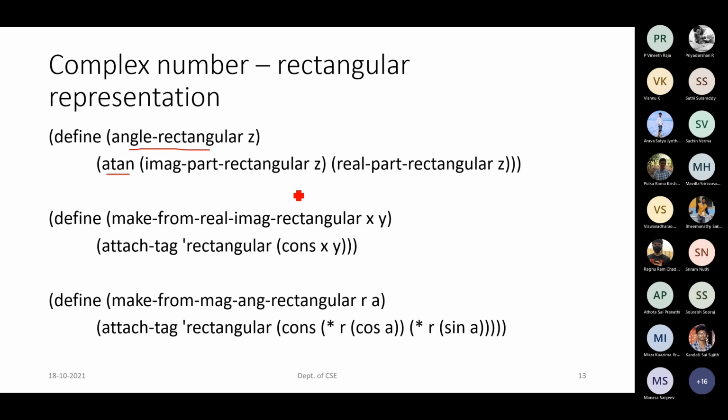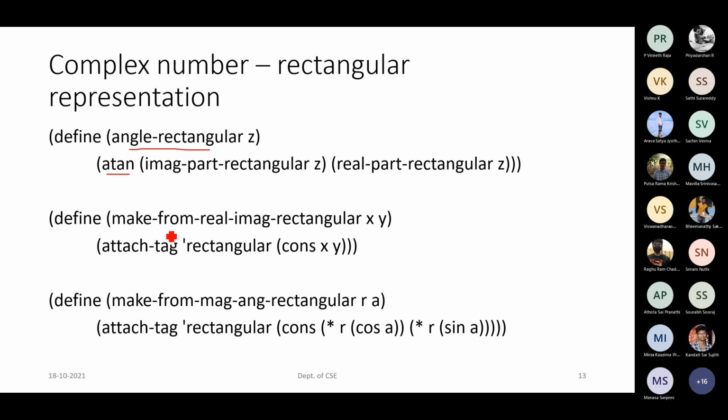Once this is done, we have to construct it back. Our assumption is that the complex number which we have represented was in the rectangular form. Whatever operation we were supposed to do, like addition, subtraction, multiplication, division, after doing the operations we are giving the output back. When the output is given back, how should the output be? If your complex numbers are in the rectangular form, then your output also should be in the rectangular form.